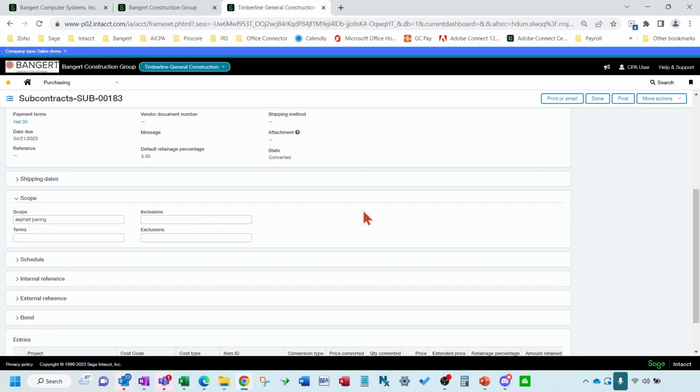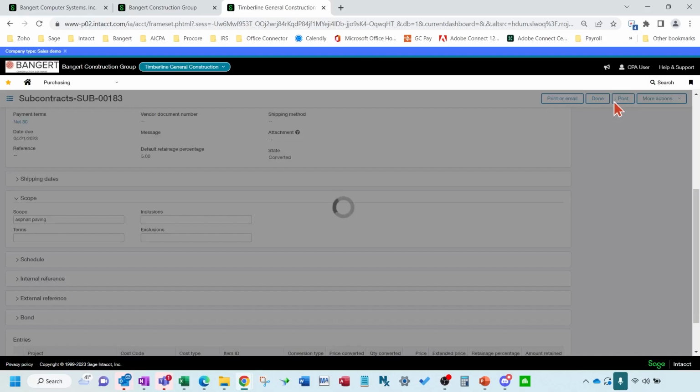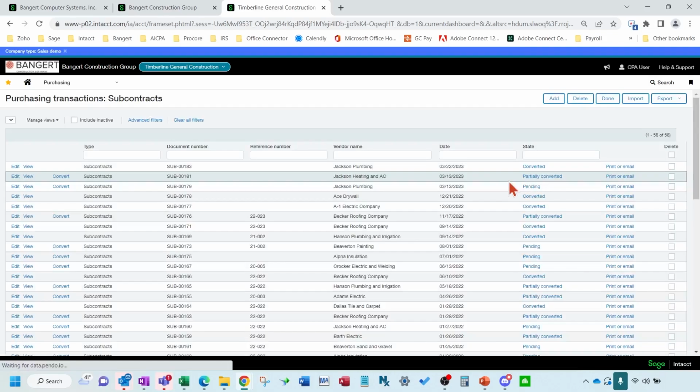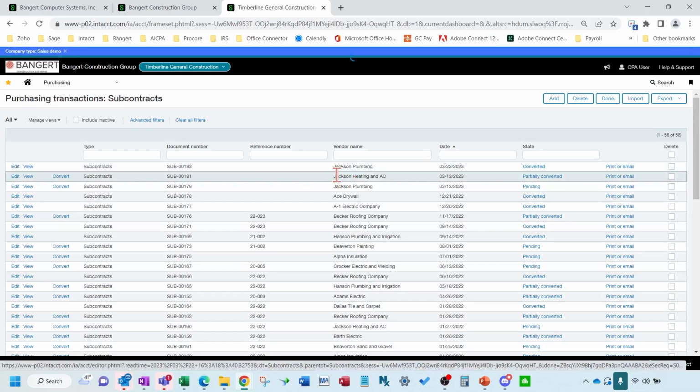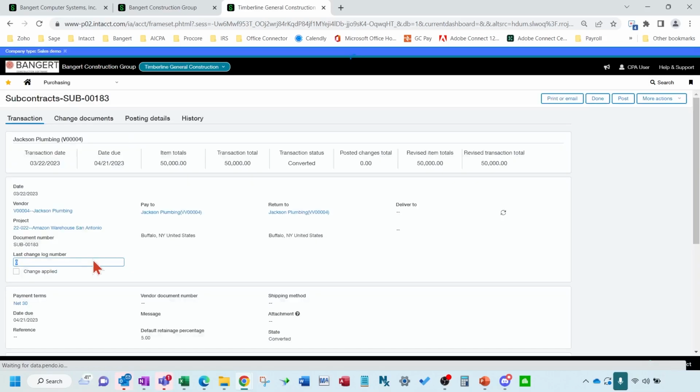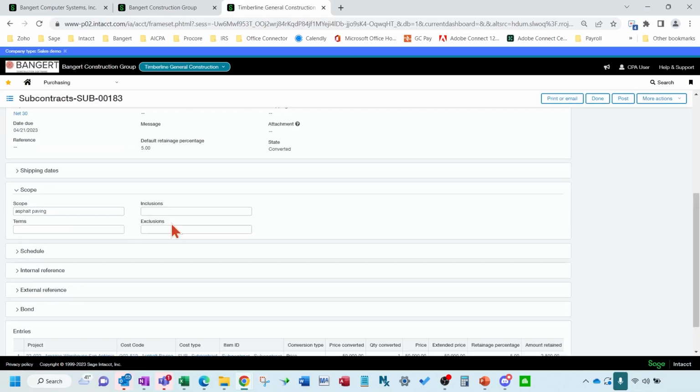just make it shorter and hit post. And then I'm going to come back into it. And you can see it's changed.